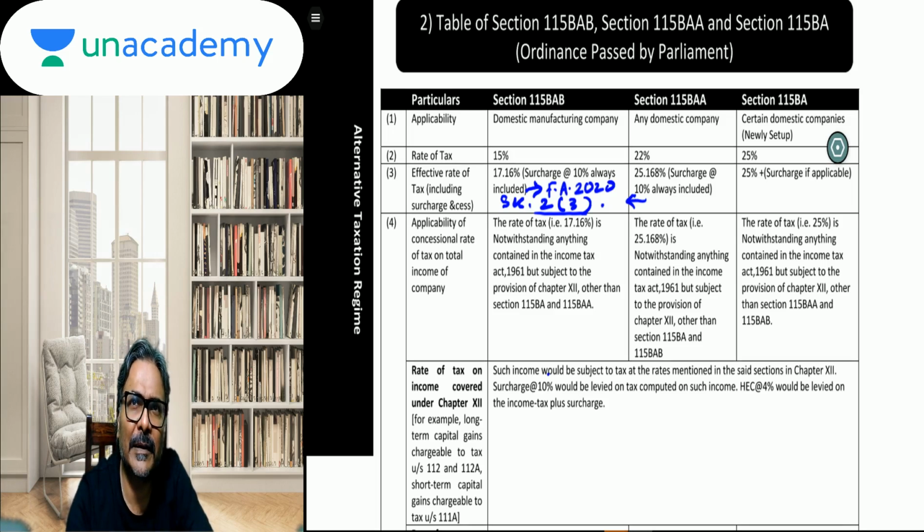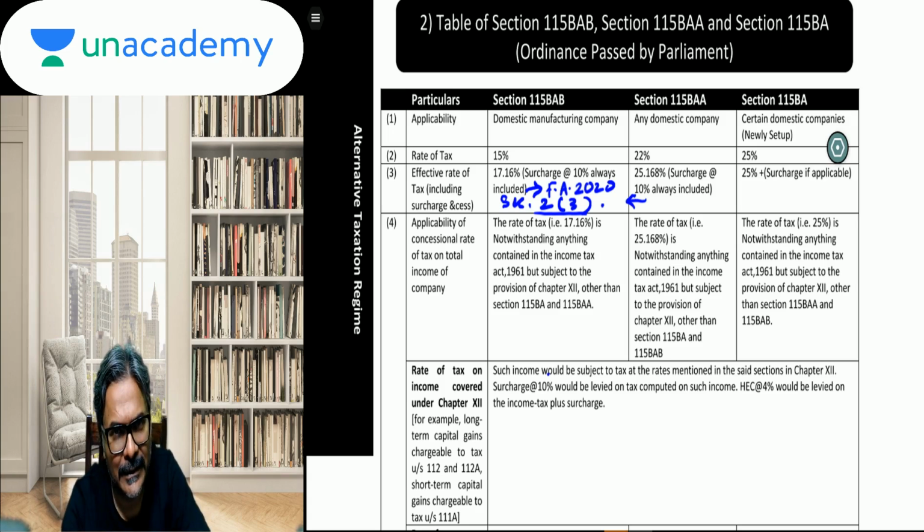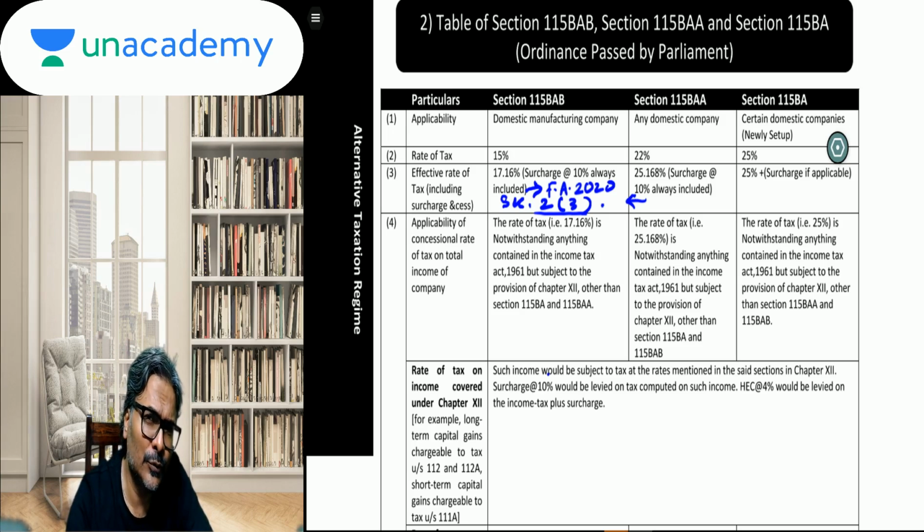So that is precisely how students you are supposed to look into it, and therefore if you are opting for it, please don't consider whether your total income has exceeded the threshold of rupees 1 crore or 10 crores. And be careful students, if you recall, for a domestic company whose total income exceeds rupees 1 crore, and when the total income exceeds rupees 10 crore, the rate of the surcharge differs.